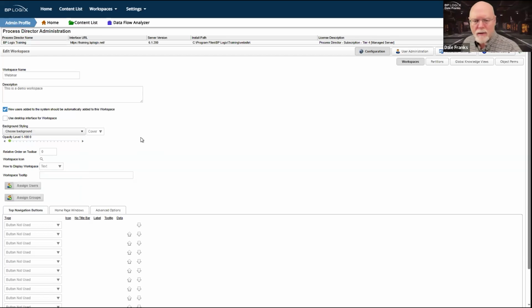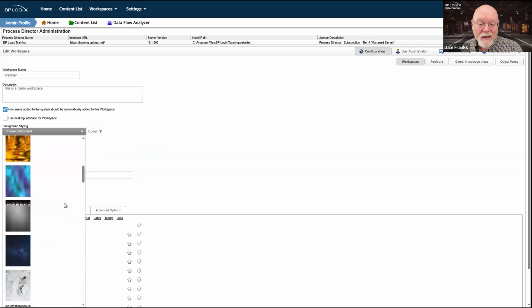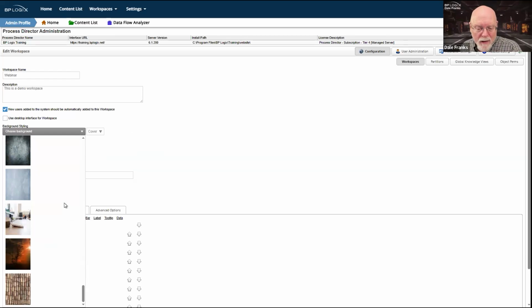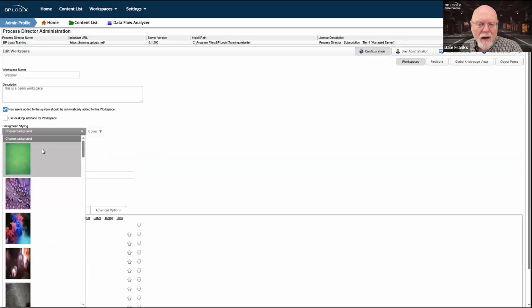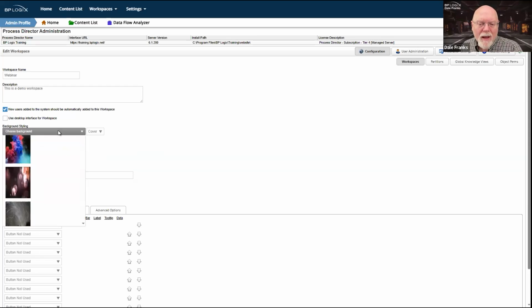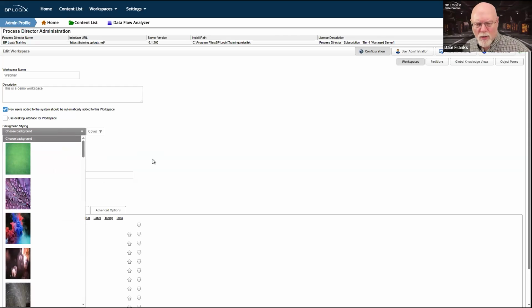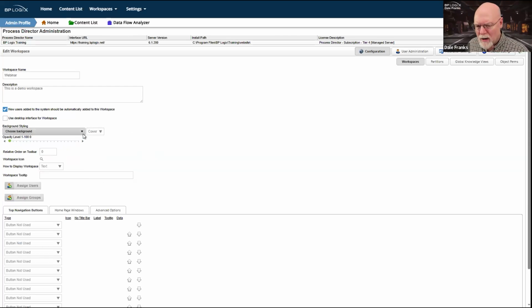You can choose depending on the image that you pick. I believe there is a setting... Nope, thought there was. I thought there was a setting to be able to use your own images, but that only is on forms, not on the workspace. So the different images are differently sized and styled. And you do have to account for people that are looking at your workspace on a smaller screen versus people who are looking at it on a big 32-inch widescreen monitor or whatever.